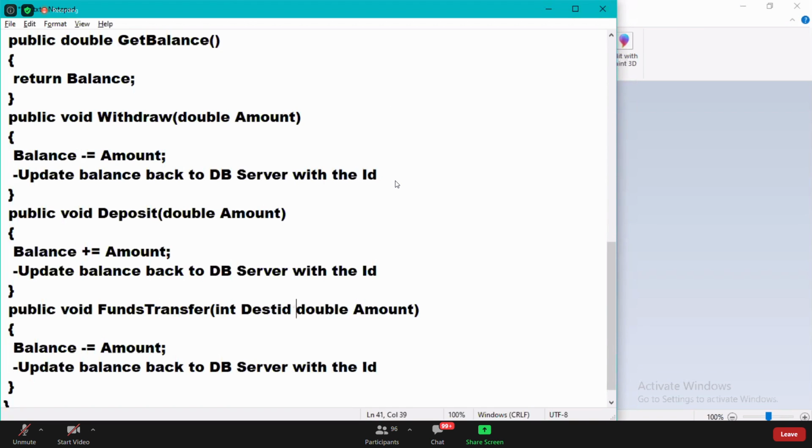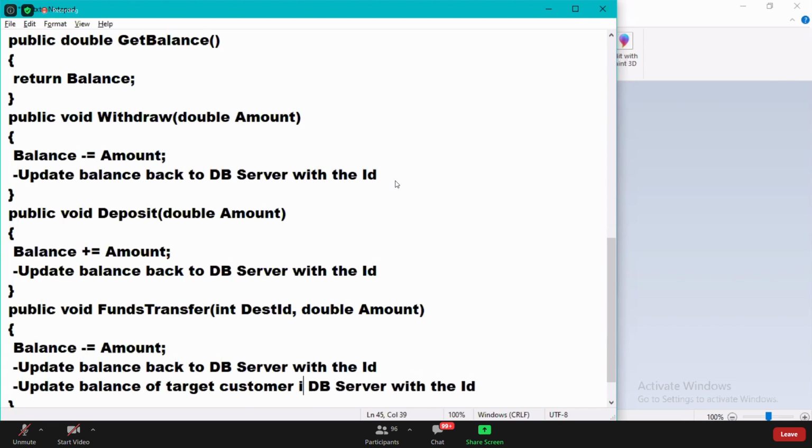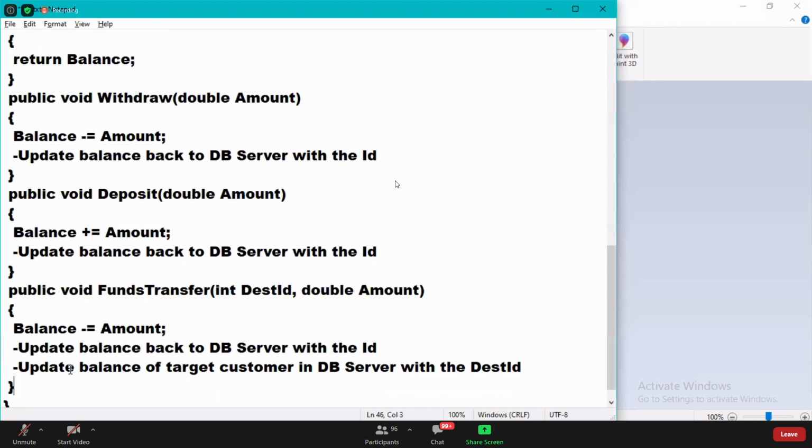Destination ID, to whom you want to transfer. Update balance of the target customer in the database server with the destination ID. Are you guys clear how you define the methods in the class now?